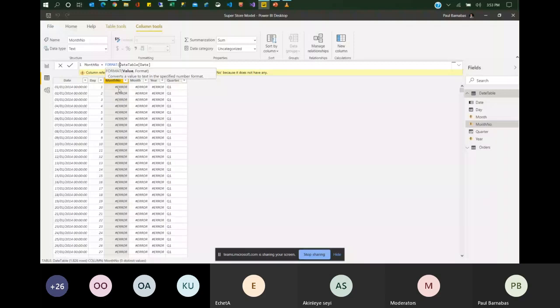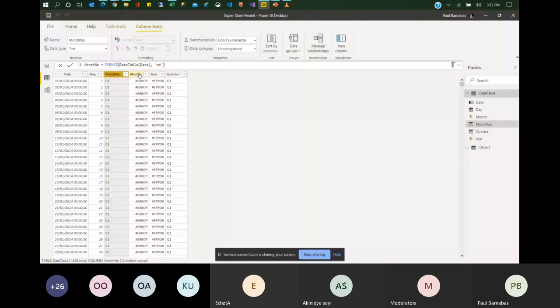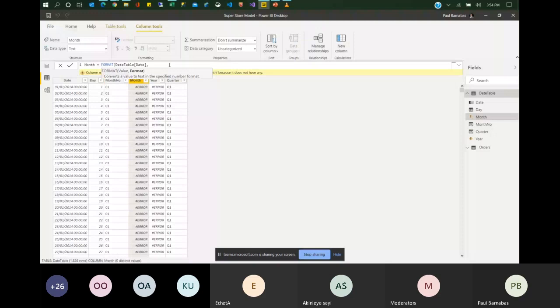So I think we're going to do more. This is the month number. Format. We have a full month, and here we are introducing the format to calculate for us a year.